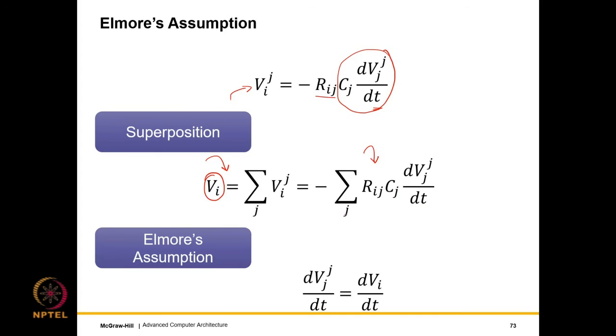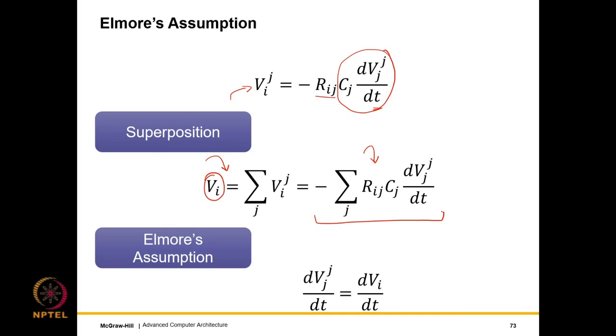So this formula is relatively hard to compute, right? If you take a look at this formula, it is not that easy to compute, and that is why, prior to Elmore, so incidentally the Elmore delay model is very old, I believe it was proposed in the late 40s or early 50s, it was hard to analyze such kind of circuits.